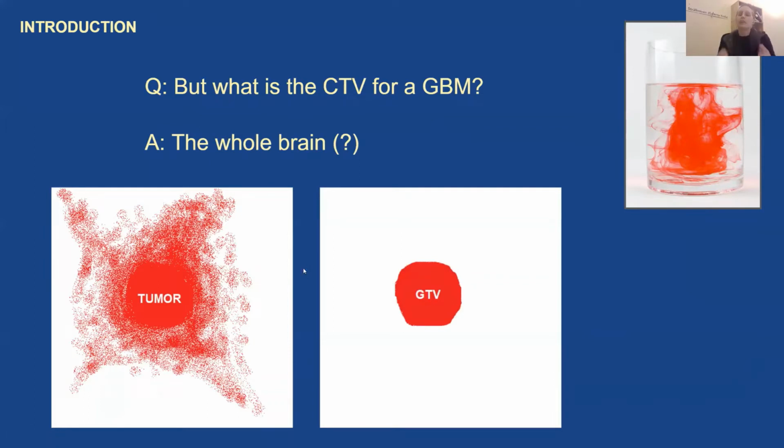And to make matters even more problematic, you have to remember, this is inside the brain. So we must regard the entire structure as an organ at risk. And we really want to limit the CTV. If you think this sounds like a hard problem, then you're not alone. This is exactly what makes solving this issue so difficult and why GBMs are so hard to treat.